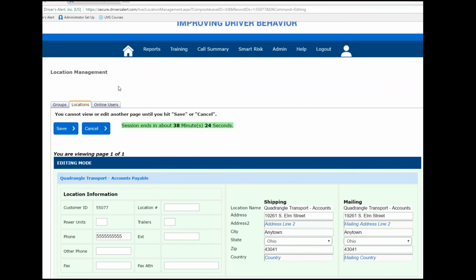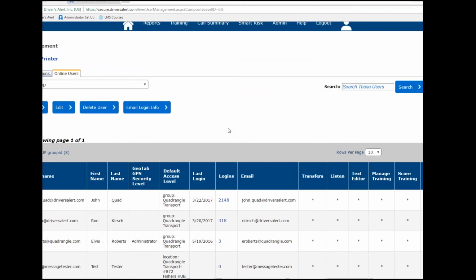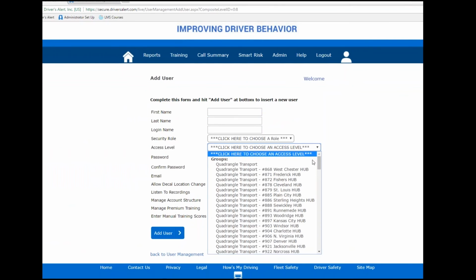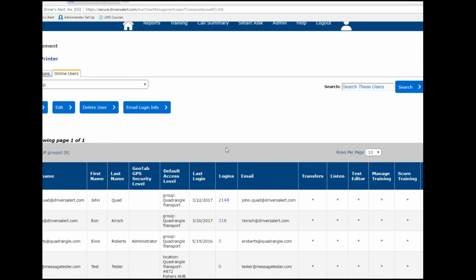And while we're on this page, I want to point out this Online Users tab. This is where you can grant other managers in your fleet online access to the system. So if you have someone new that you'd like to be able to edit vehicle information, add employees into the system, run reports, do all the fun stuff, you can just go ahead and click on this Add User button, fill in their info. There's an access level drop down here, and you can pick which locations you would like that person to have access and visibility to. And once you click Add User, that person should be added here on this list